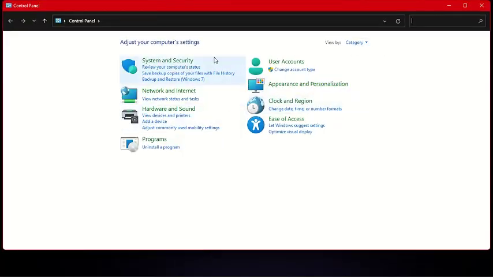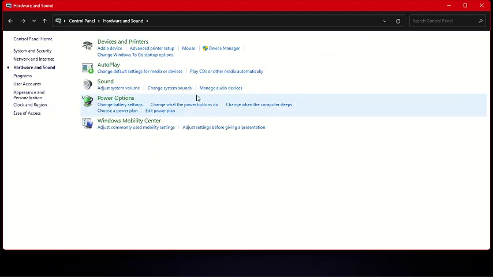If you have something like this on your screen, just click on Hardware and Sound. If you don't, just click on this and switch the View by option to Category. Once you do that, you should have something like this on the screen. After that, click on Hardware and Sound, then move your mouse down here and click on Change what the